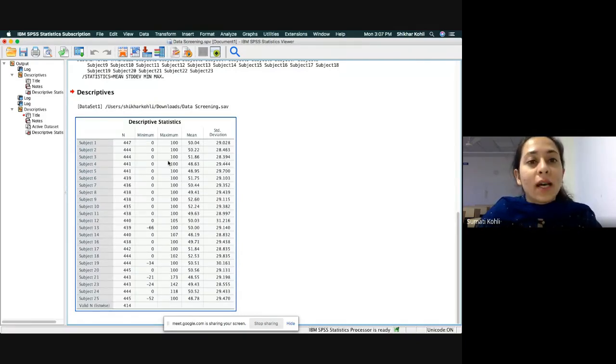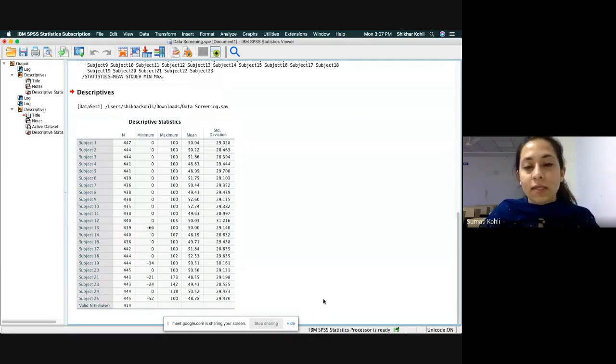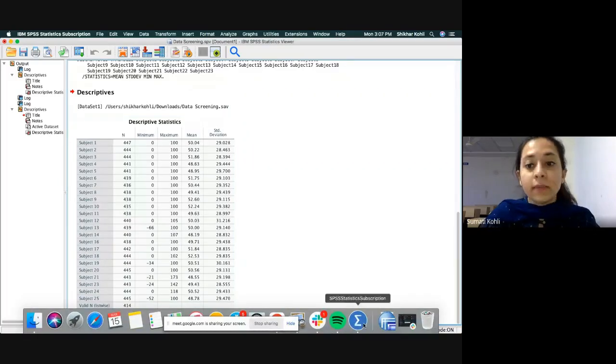And then by the help of this table, we had identified where all the numbers were wrong, where all the numbers were not within the valid range. We all know that the valid range is 0 to 100 because ultimately we are doing analysis on the marks of students. So then what we did, we identified from here, as you can still see here, -66 is showing. So obviously -66 is something which is wrong data, right?